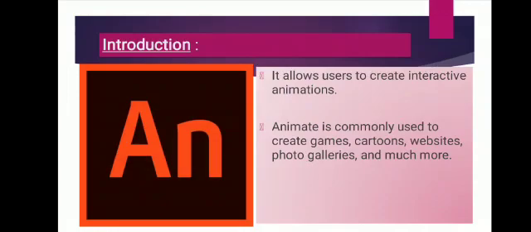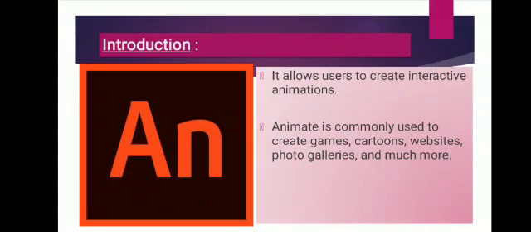It is extremely useful for developing highly interactive websites, online advertisements, computer games and content for various mobile devices.